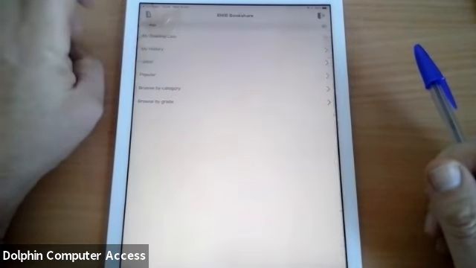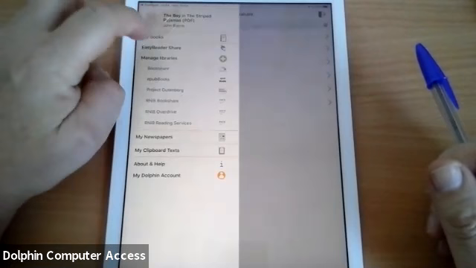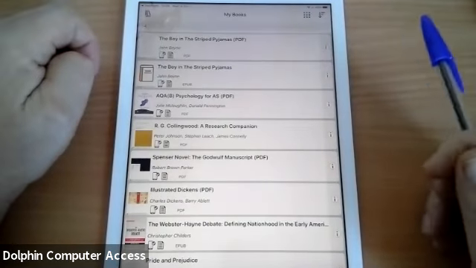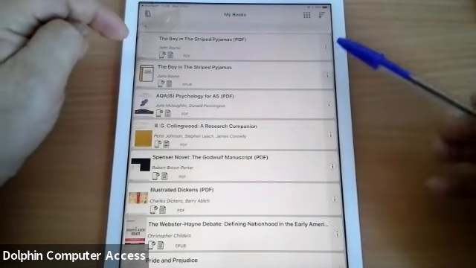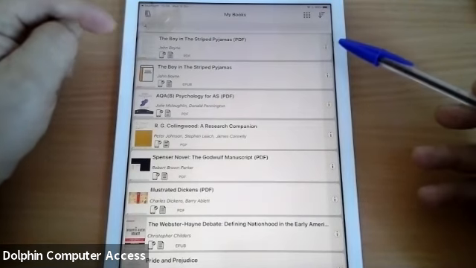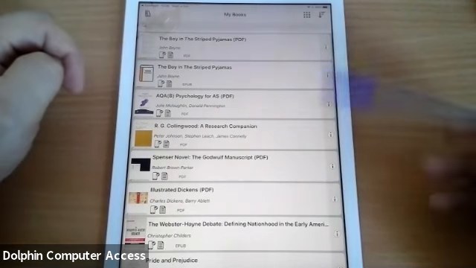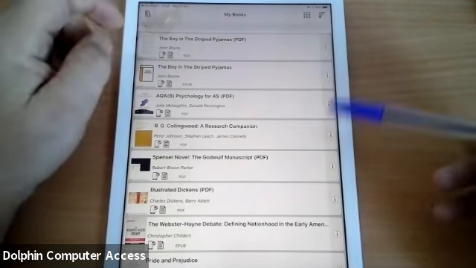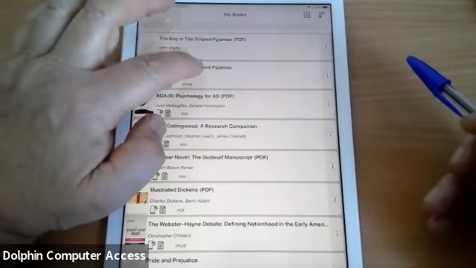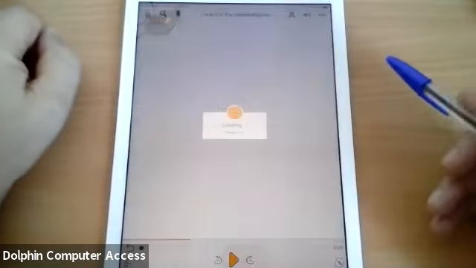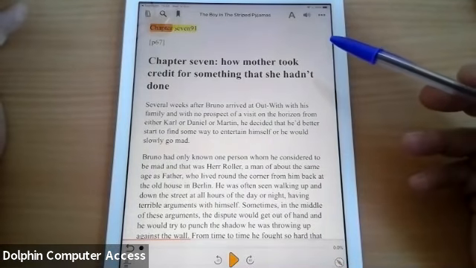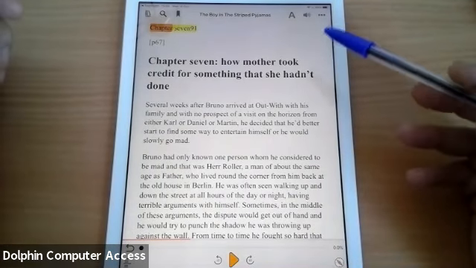So let's just pop back, and I'll go back to here, and I'm going to touch on my books. And having touched on my books, you can see that I've got The Boy in the Striped Pajamas in PDF form, and underneath it, The Boy in the Striped Pajamas in EPUB form. So what I'll do is I'll open up, touch the EPUB one. So it should open up at the place where I left it, which is chapter 7,